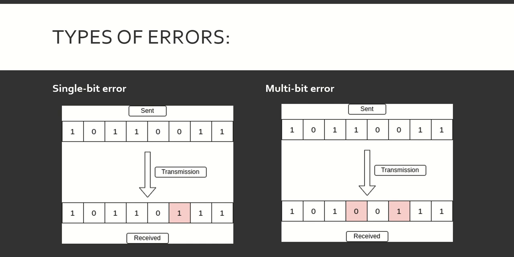Second one is a multi-bit error. A multi-bit error is an error type that arises when more than one bit in data transmission is affected. Although multi-bit errors are relatively rare when compared to single bit error, they can still occur, particularly in high noise or high interference digital environments. As you see in the figure, in data transmission there are two multi-bit errors. Let's see the